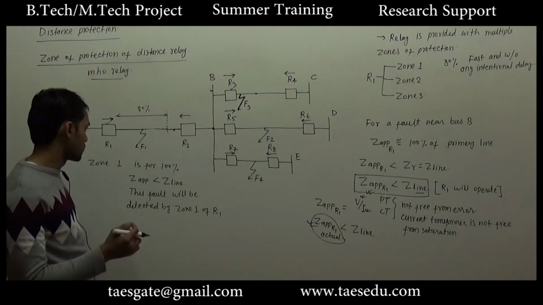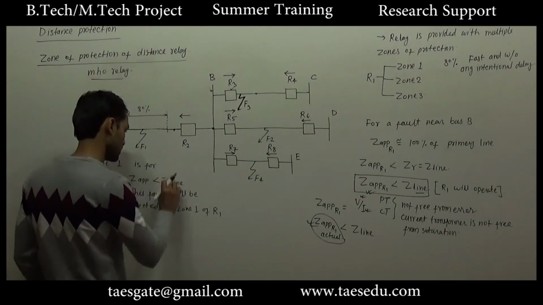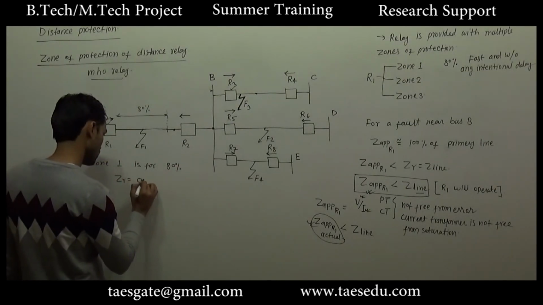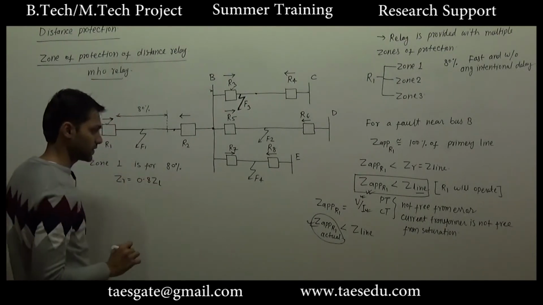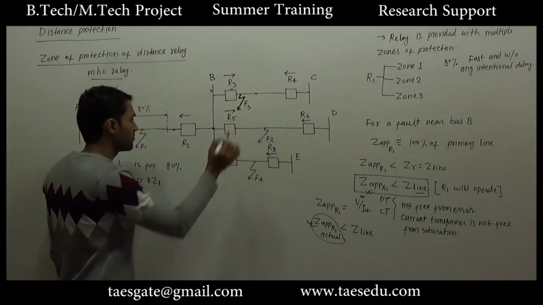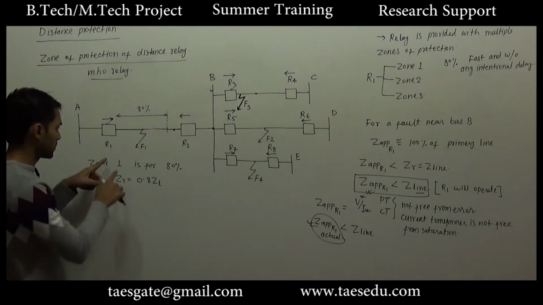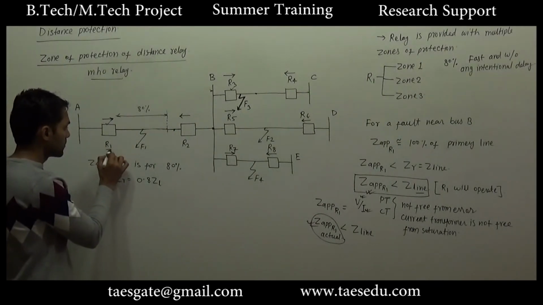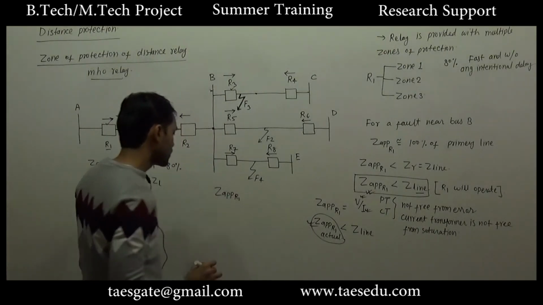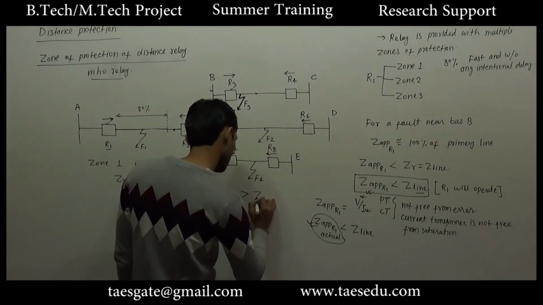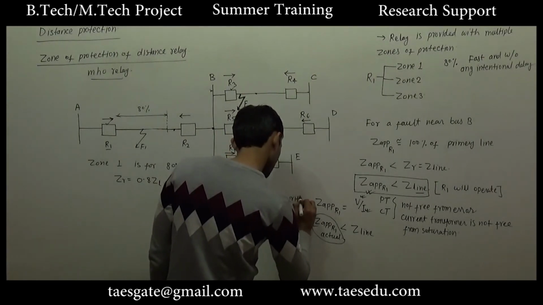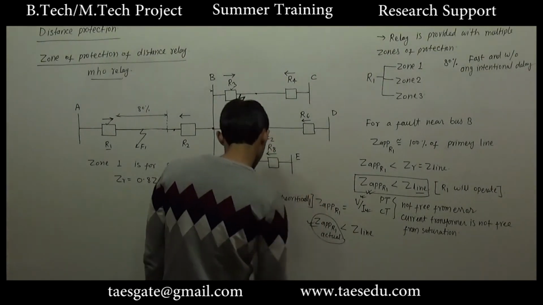But if we set the reach of zone 1 protection to 80% only, so ZR will be 0.8 ZL only. Okay, now for a fault F3, the impedance seen by relay R1 will be Z apparent relay R1, which theoretically must be greater than Z line. Okay, but